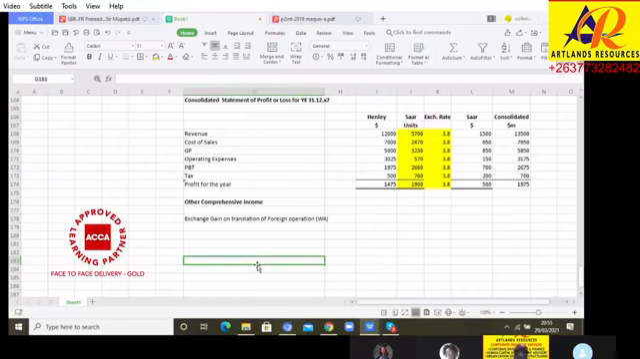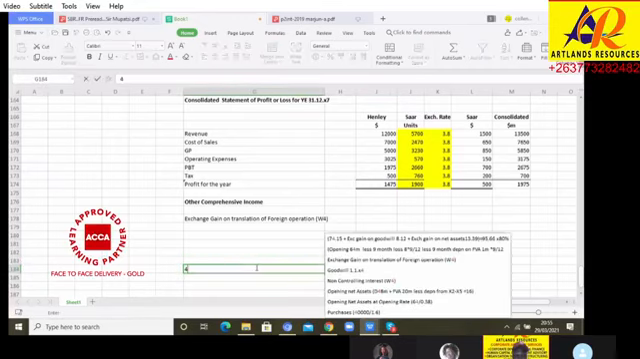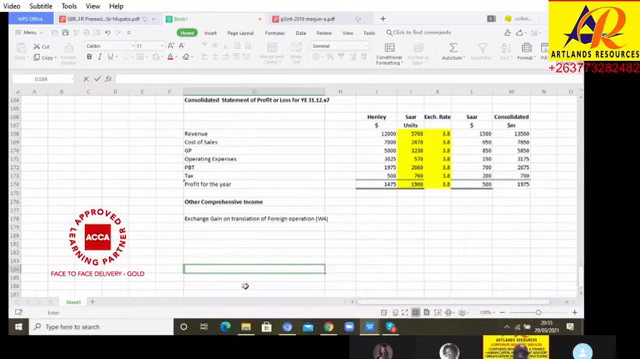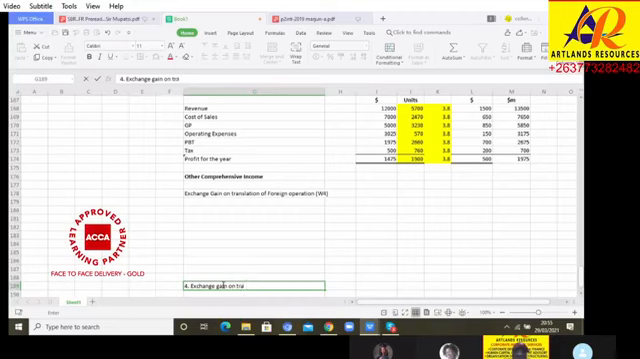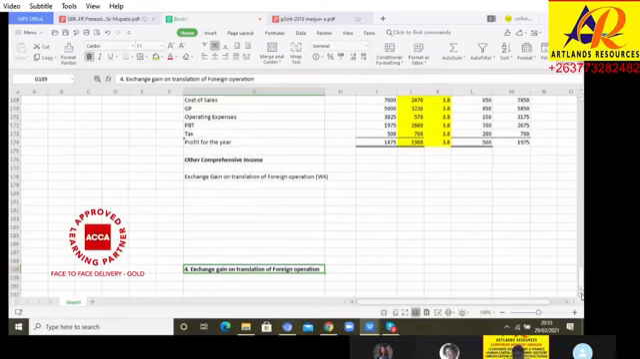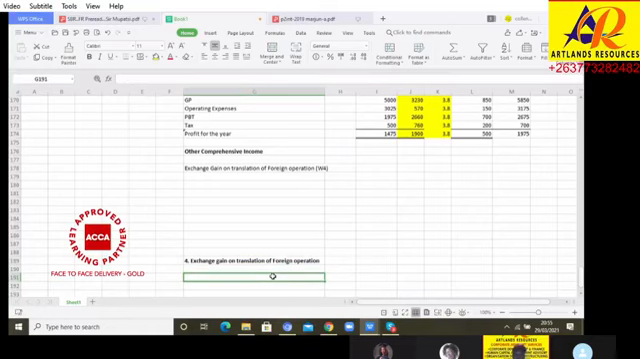Then you say working for, let me skip, say another, let me skip and put working for here. Then I say exchange gain on translation of foreign operation. This is the last working that you have to make. Because this one goes to other comprehensive income, no wonder why we did not calculate it for statement of financial position. So you say opening net assets